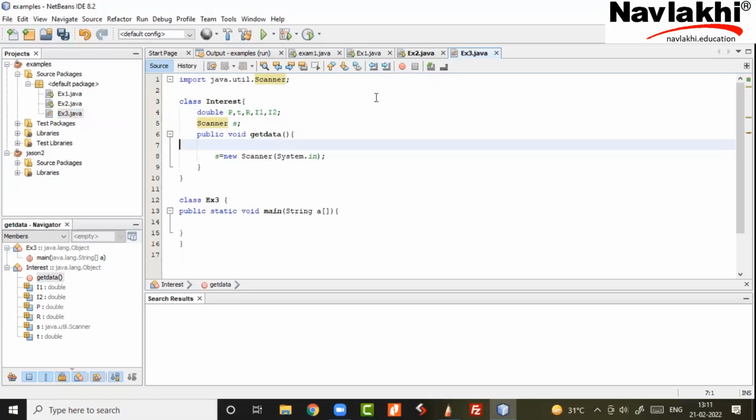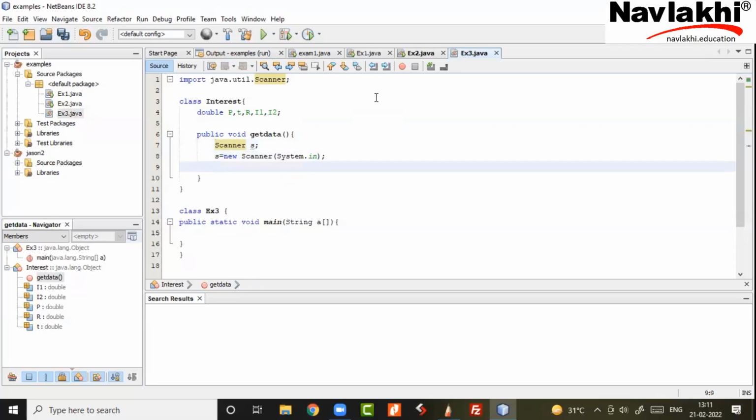The point is that any variable which you create in a function, like what I've done now, dies after the function ends. Now, do you want S to be alive after get data? My next 2 functions are calculate and print. Do you need S in calculate and print? Do you need the scanner object? Obviously not. Why would I need the input object in calculate or print? The scanner basically reads from System.in, from the keyboard. So the scanner is the object which is going to access the non-static functions of the Scanner class, like nextInt, nextDouble, in order to read information from the keyboard. I don't need this particular channel or object beyond this function.